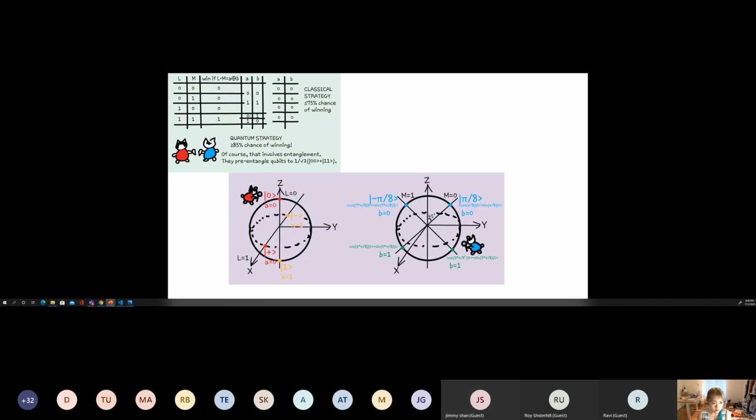So we know that this is the one she reports. Bob has to get a 1 in order to win this game. How would that happen? We know that because their qubits are entangled, when Alice measures a plus, Bob will measure a